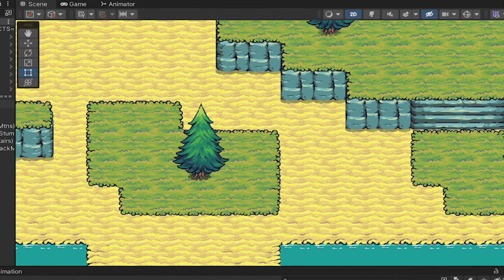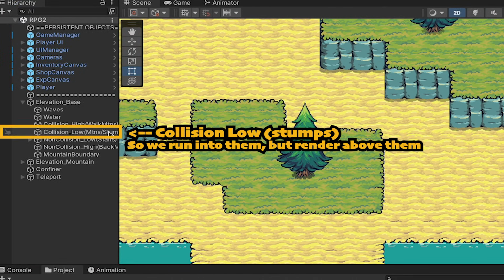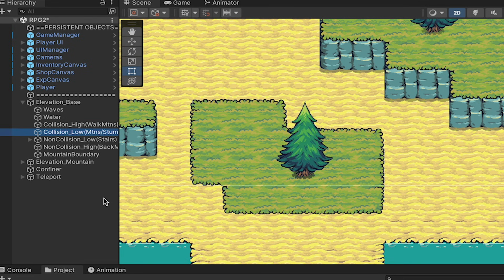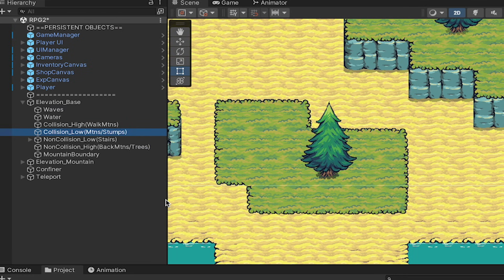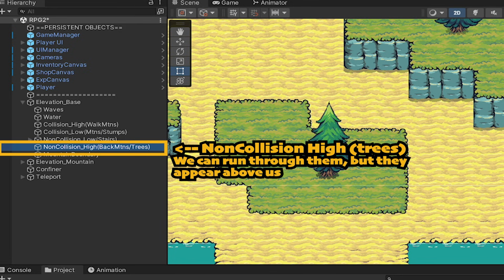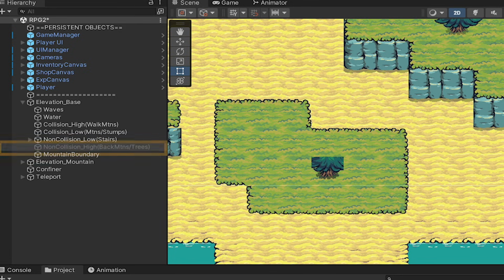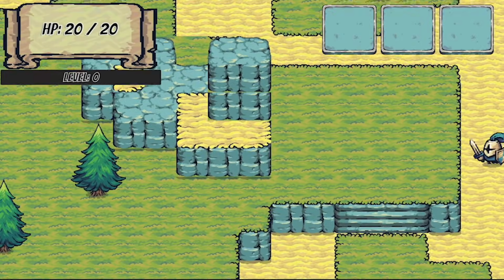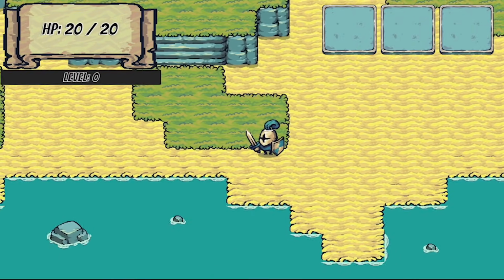Now in my case, I've just added a little labeling here, so the collision low is where I'm putting the stumps. They're just on a collision layer so the player will bump into the tree if he hits the stump. That said, I've done the rest of the tree on the non-collision high. That way it appears in front of the player, he can run behind it, but it won't actually block him as he's moving around. With that done, you can head on into the game and you can add some nice waves,